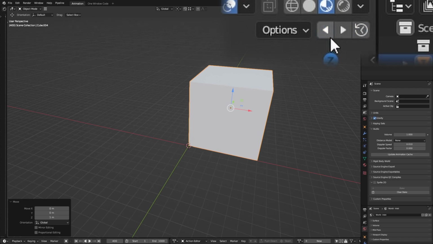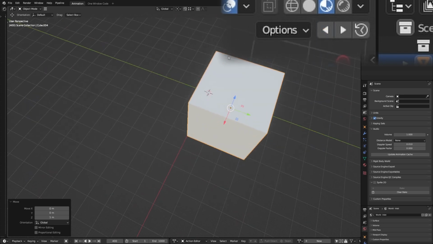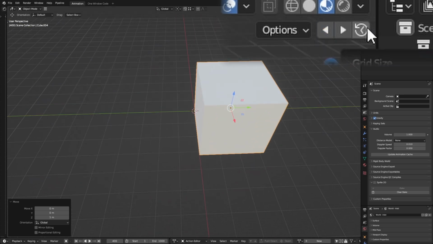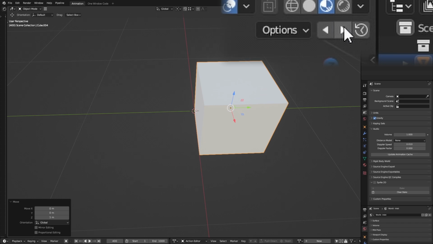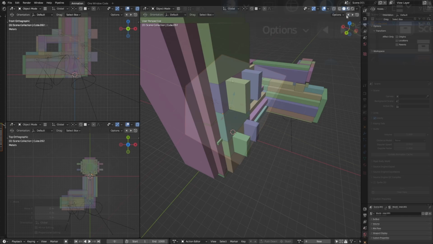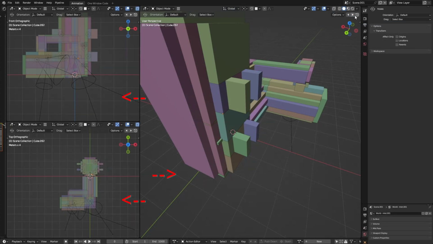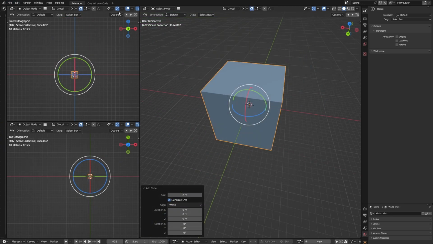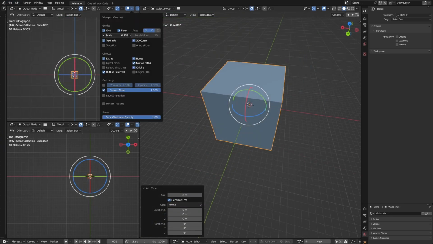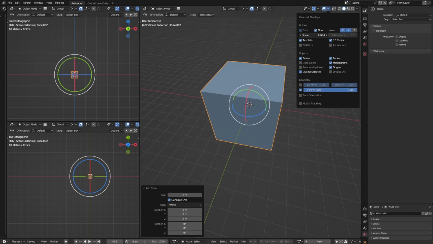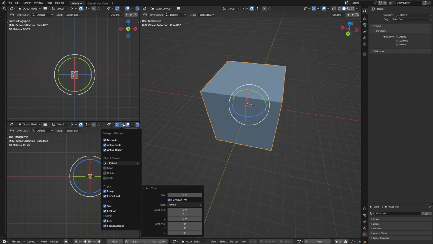By default, the grid is scaled by 2, doubling its size or halving it. And the reset button just defaults the grid scale back to 1 meter increments, scaling all viewports consistently, unlike the default slider, which affected only one at a time. That is just mind-boggling. And I'll give you an example.